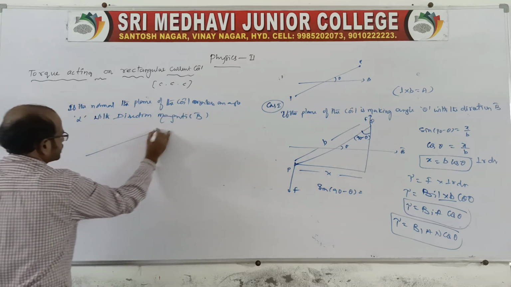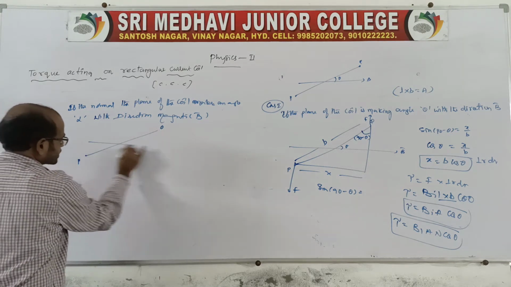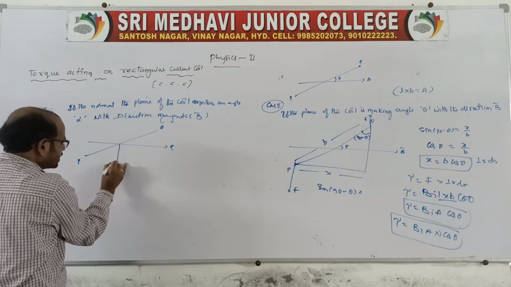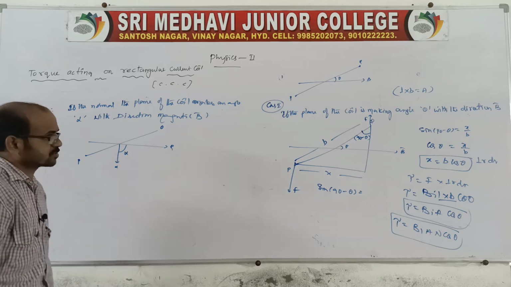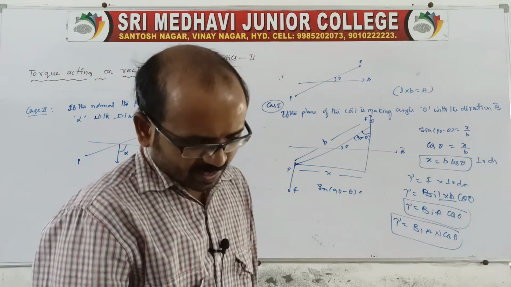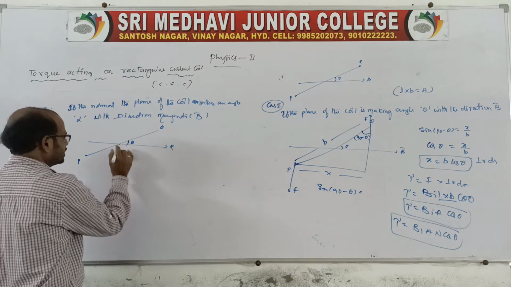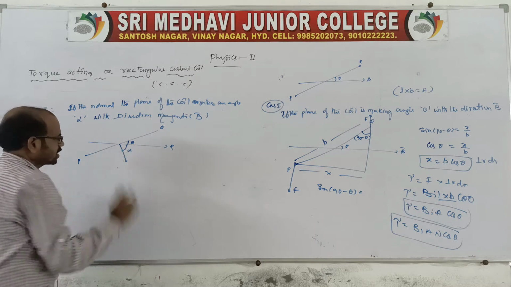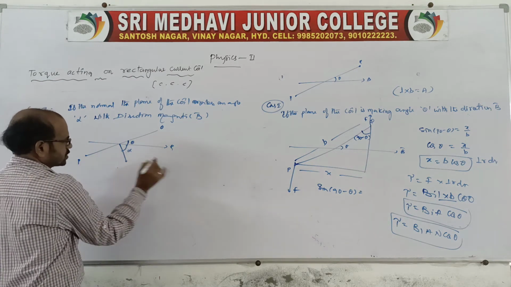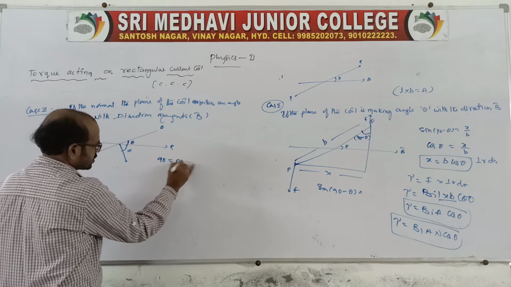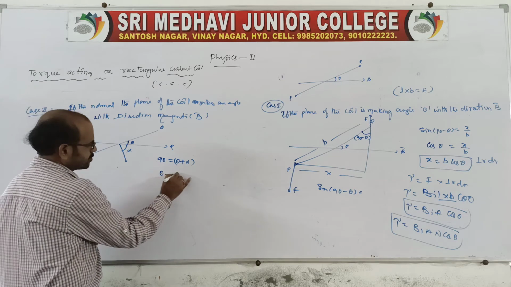So already we know it is like this, this is P and Q, which is there like this, right? Now the direction of magnetic field is B, and the normal is making an angle alpha like this. This is alpha, which is given. So the normal is drawn to the plane, making an angle alpha with the field. Then this will be theta. Therefore theta plus alpha is equal to 90, as they are perpendicular, no? So theta is equal to 90 minus alpha.